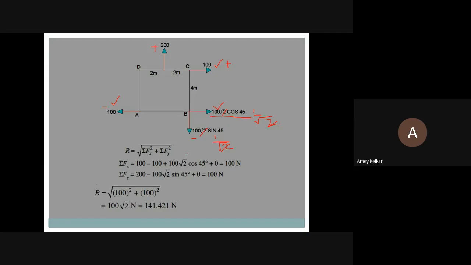So that's what I said. Such examples sometimes come which are a lottery. This is a 12 marks example in the final exam. So you get the value of tan theta as 1 and theta becomes 45.